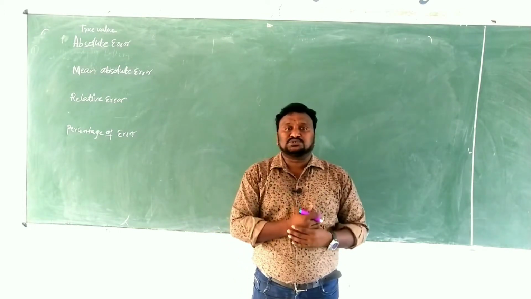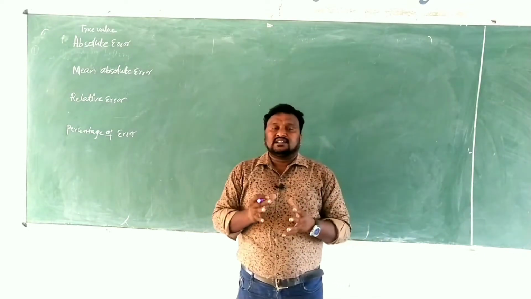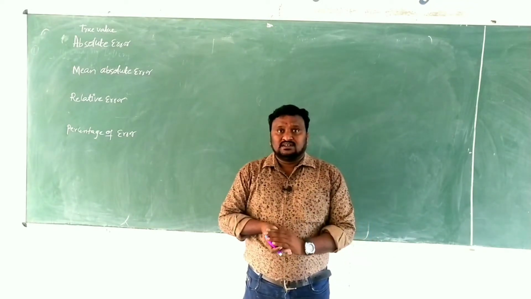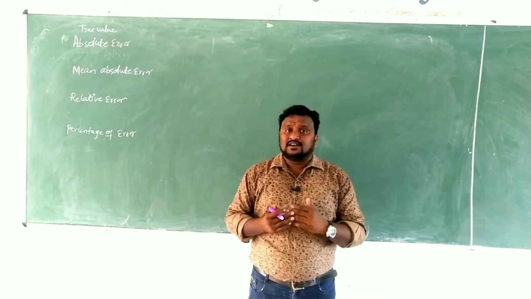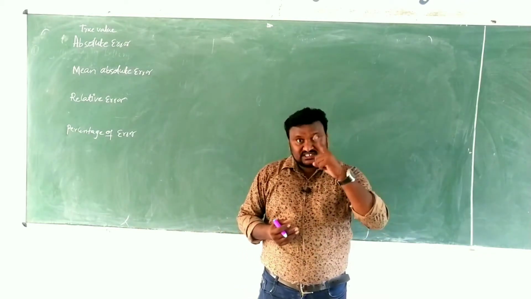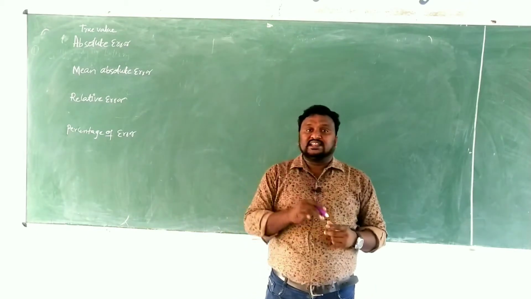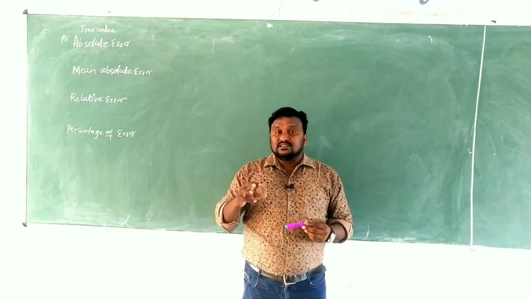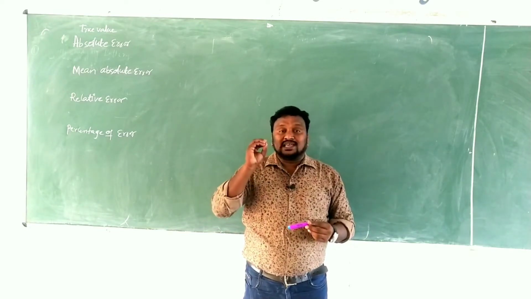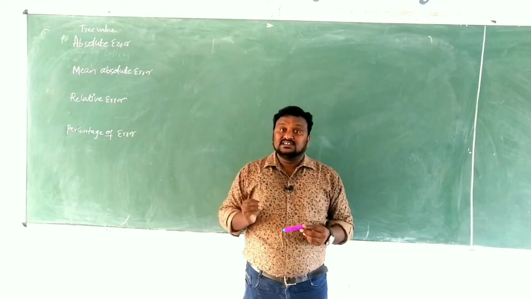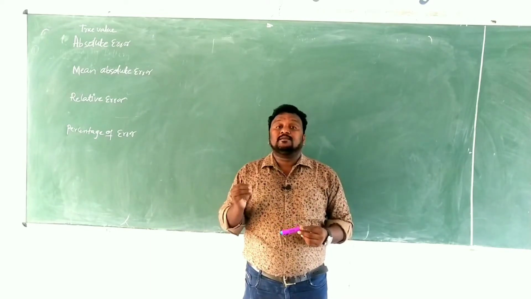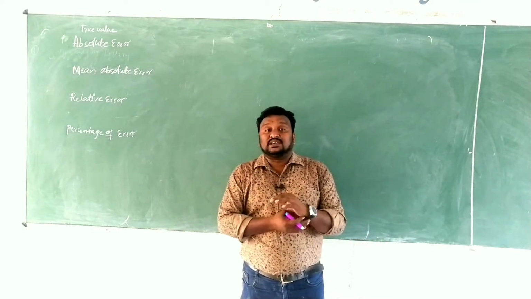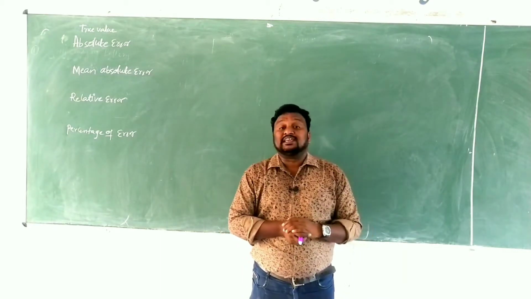So there is a 2 marks question for you in intermediate examinations. What is meant by systematic errors? How can we eliminate them? Systematic errors are the errors which occur in any one direction. They can be eliminated by using proper experimental techniques, by using perfect instruments, and by avoiding personal errors. By avoiding the personal errors we can rectify the systematic errors.